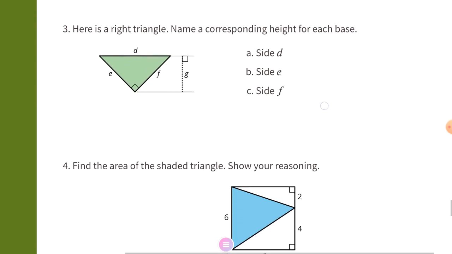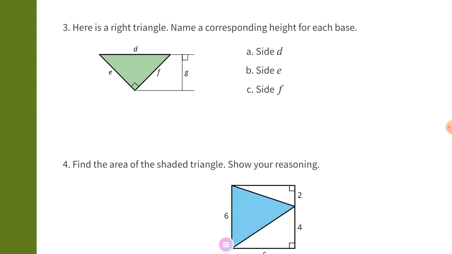This number 3, your question's at the bottom of the front, the picture's on the back. So you'll have to flip it over to the back to see the picture. Here is a right triangle. Name a corresponding height for each base. So on this problem, it's showing us that any side can be the base. Okay? Sometimes it makes our life easier if we pick one base rather than one of the other sides as